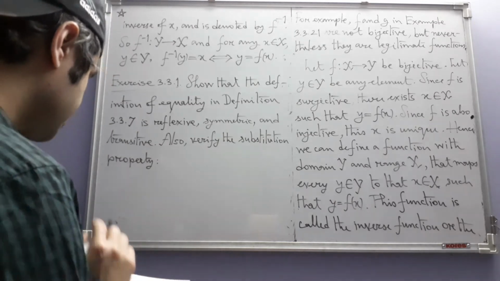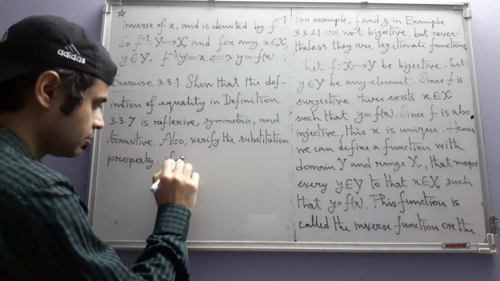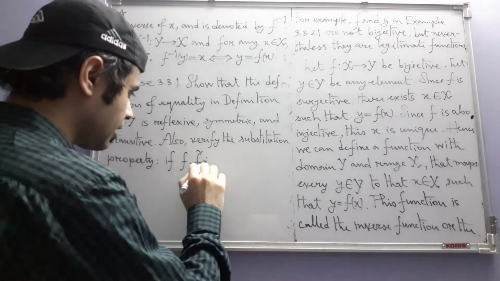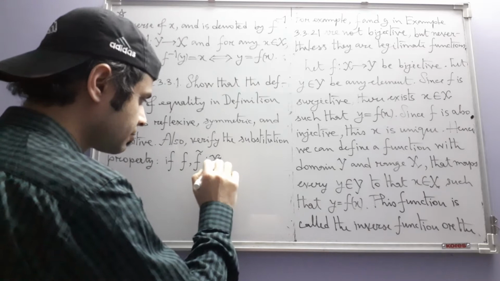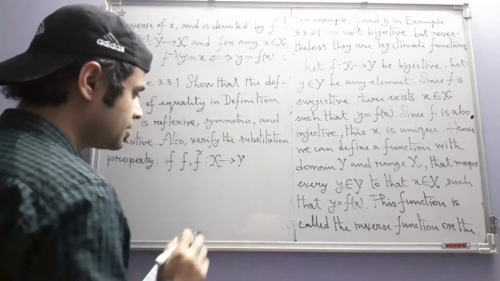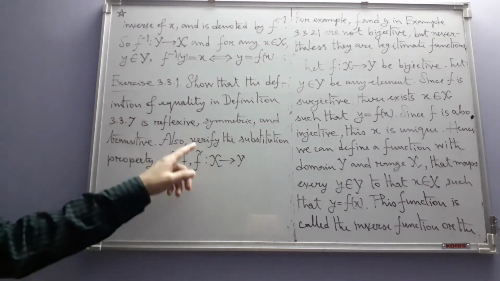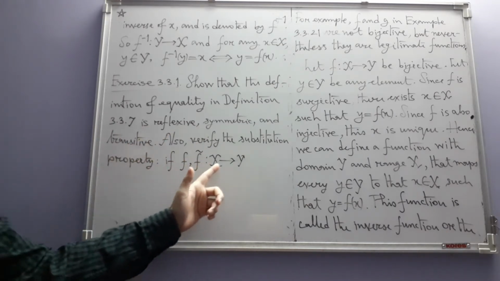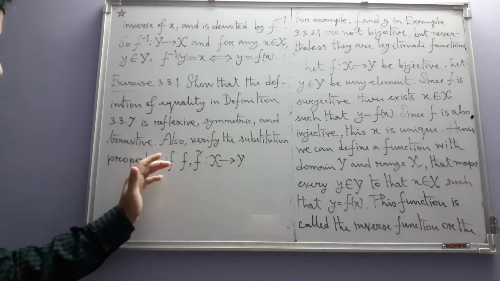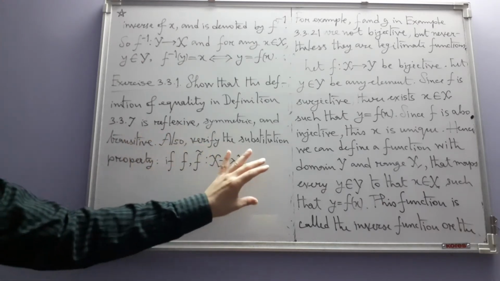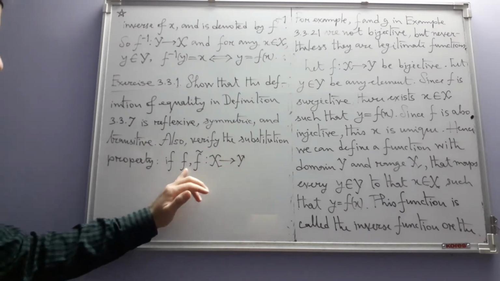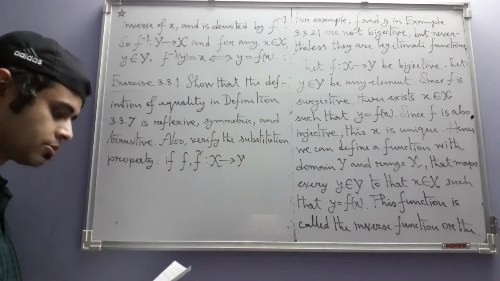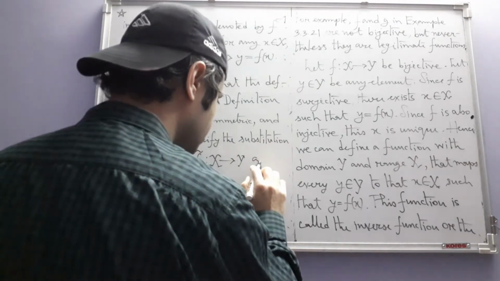And the substitution property is this: if f and f tilde are two functions from x into y. We sometimes write like this: if two functions or more than one function have the same domain and same range, then we don't write them separately. We write them together like this. It just means that both f and f tilde have domain x and range y. Okay, so two such functions are given, and